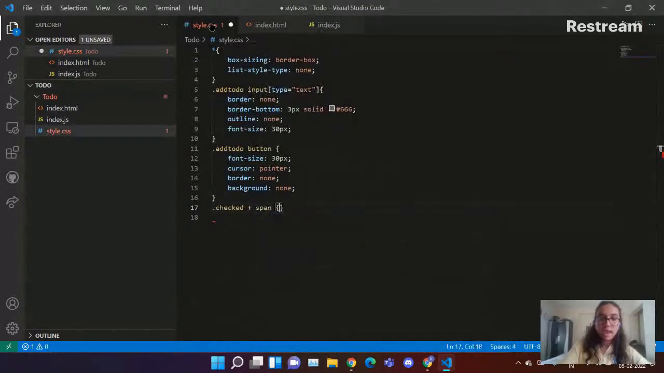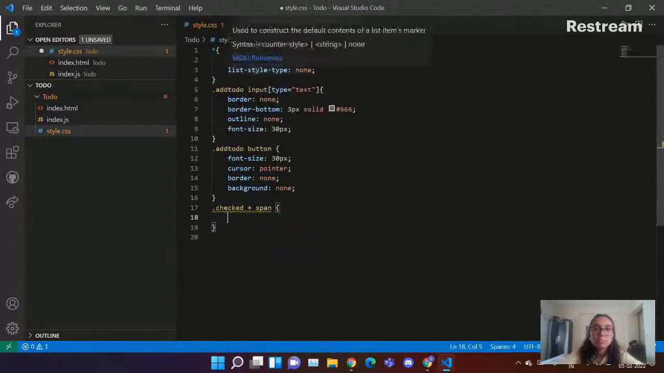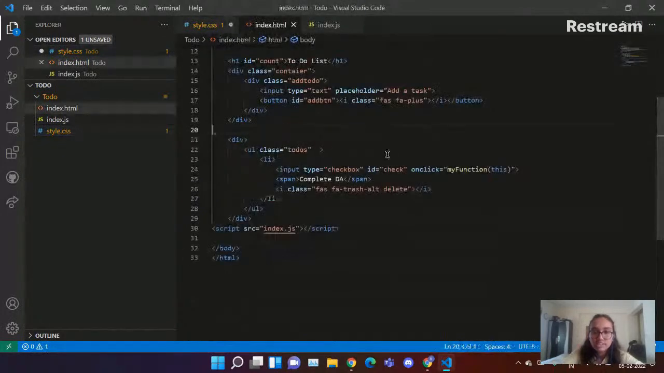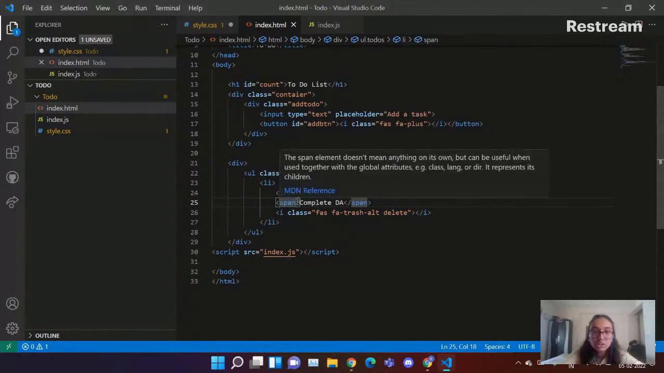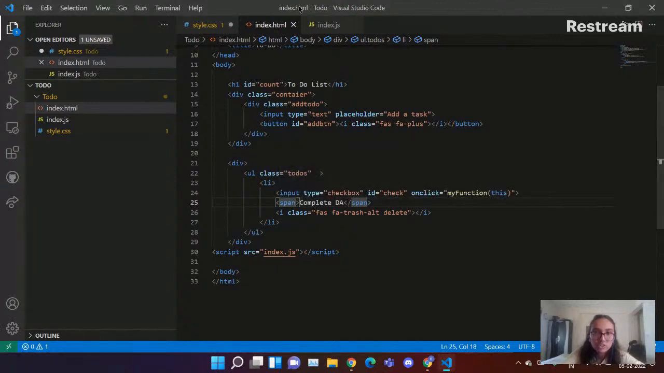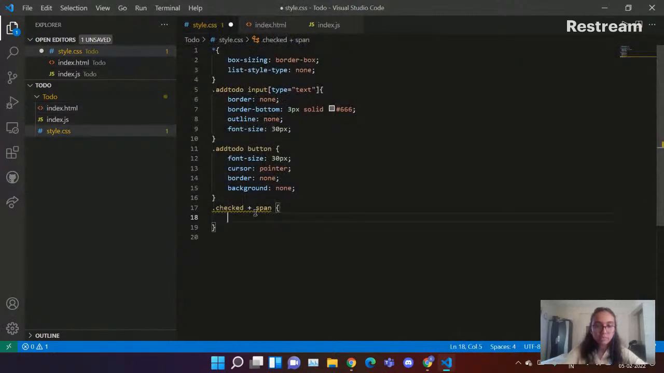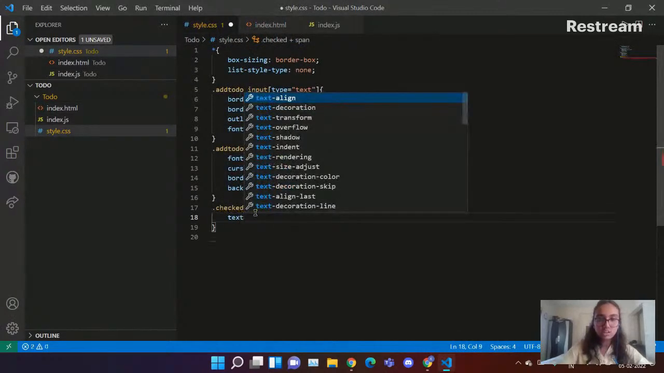Okay, so I will just add span. Now, what is this plus thing? The plus selects the next adjacent sibling. So we have to add the check over here. So which is the next adjacent sibling? The span thing. So I want a cross over here, a line-through over here. So I have added plus and span. Now I will add text-decoration